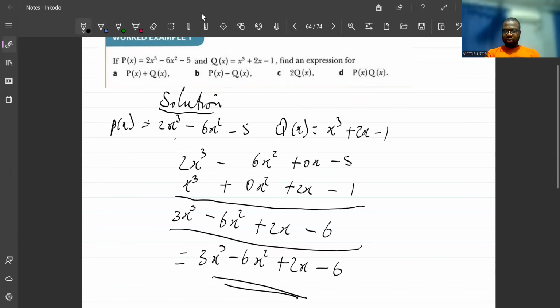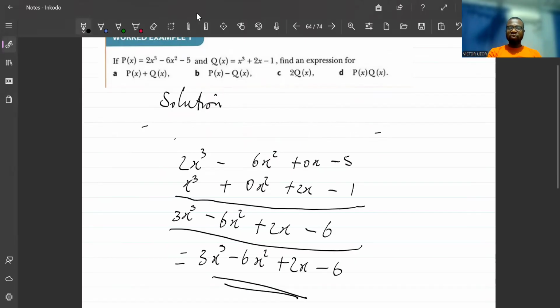Okay? So our answer when we added it gave us 3x cubed, negative 6x squared, positive 2x, and negative 6. So we can continue now to the next question. Now, the next question, allow me to load this up so that I will be seeing the question while I'm doing it. So the second question that says